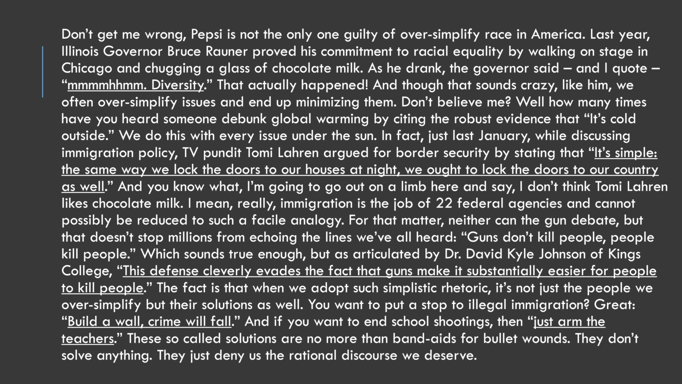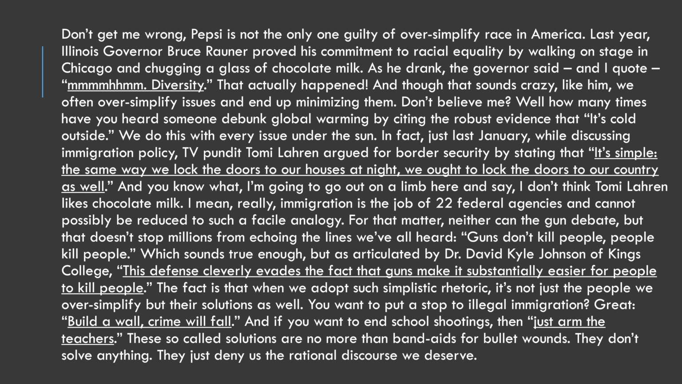In fact, just last January, while discussing immigration policy, TV pundit Tomi Lahren argued for border security by arguing, it's simple. The same way we lock our doors to our houses at night, we ought to lock the doors to our country as well. And you know what? I'm going to go out on a limb here and say, I don't think Tomi Lahren likes chocolate milk. I mean, really, immigration is the job of 22 federal agencies and cannot possibly be reduced to such a facile analogy. So notice here,